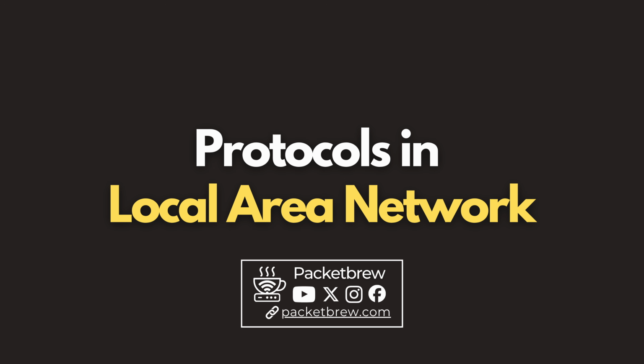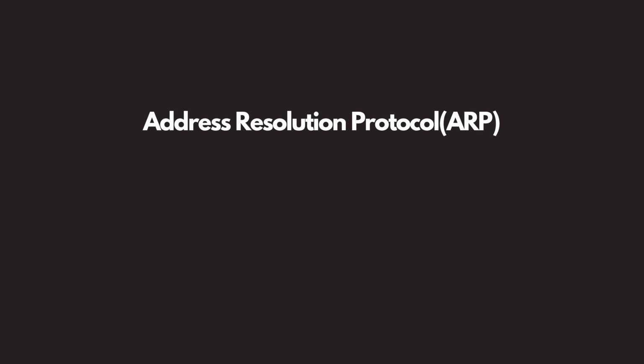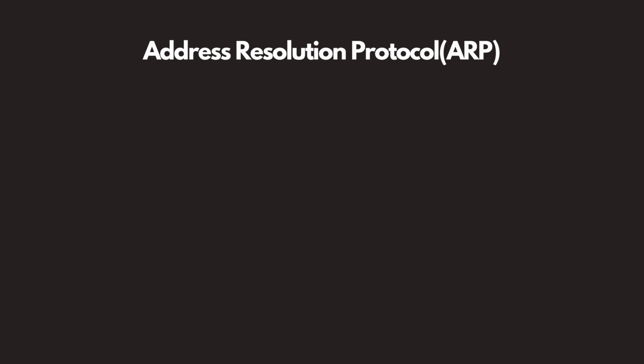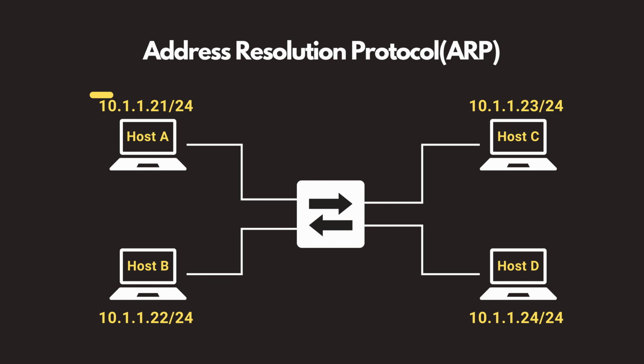Once you have configured your host, it will be connected to the network, and communication starts in the local network. Local networks have protocols to find other hosts in the network using ARP, or Address Resolution Protocol. It translates an IP address to a physical MAC address. It starts when your computer looks for the destination by asking the network for the MAC address of the known IP. In this example, who is 10.1.1.24?